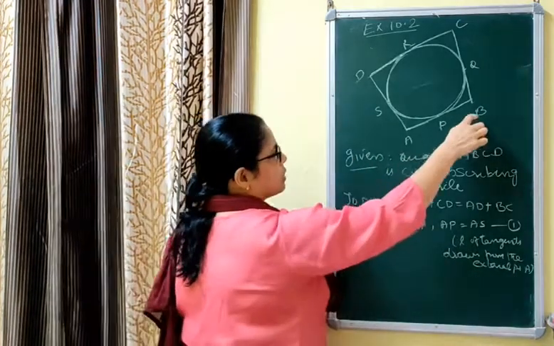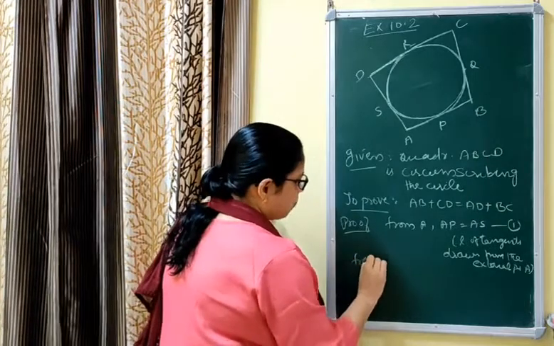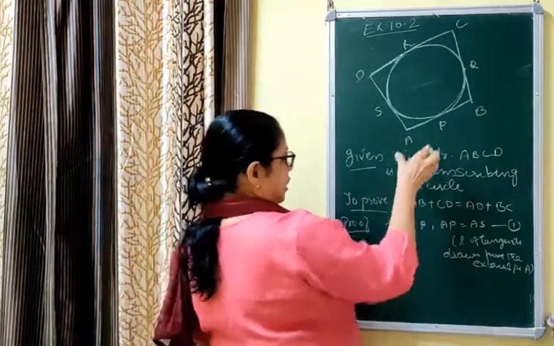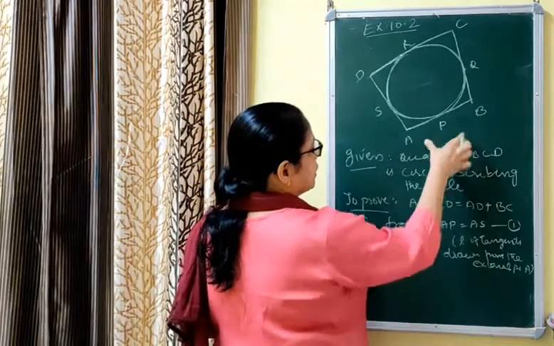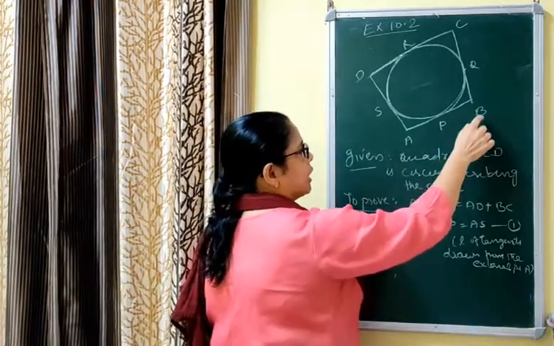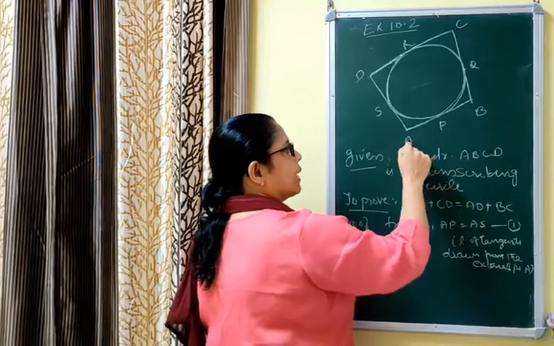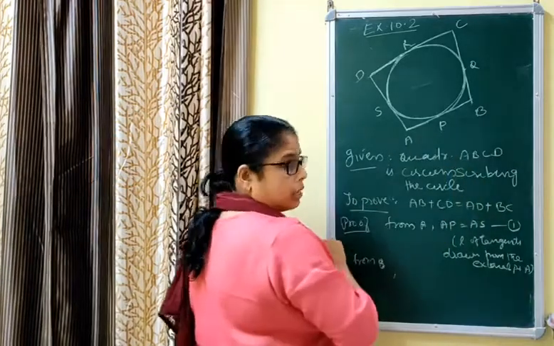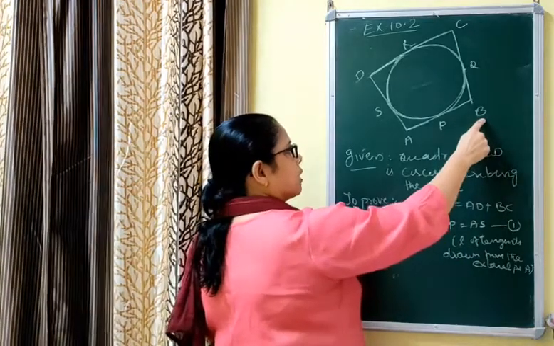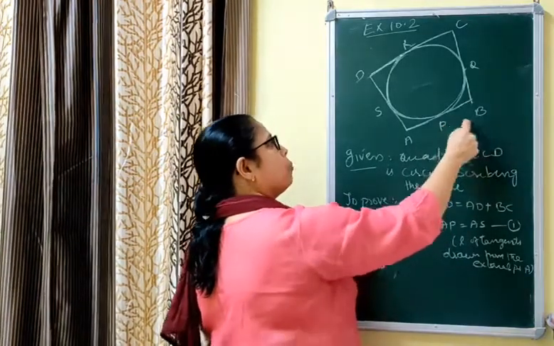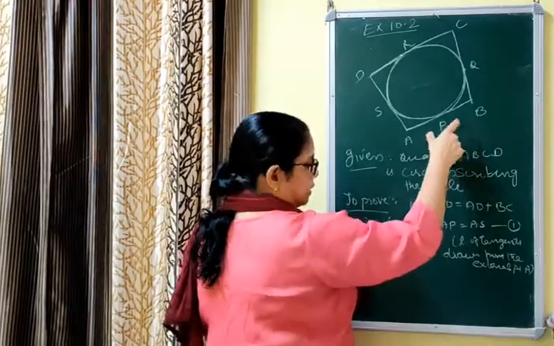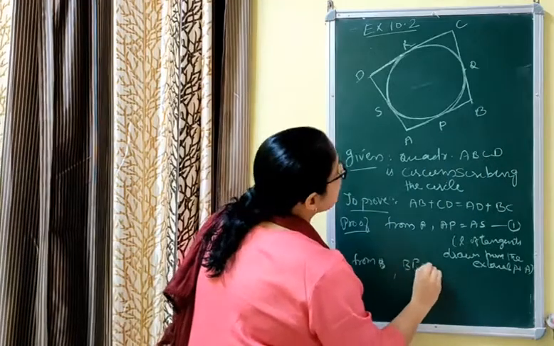Now next, which one to take? B. From B, what is it? You have to be careful. You have to take it such that while adding the terms on this side, one side comes. So we first took AP equal to AS. Now if you take BP equal to BS, then by adding AP plus BP we get AB. From B we can write either BQ equal to BP or BP equal to BQ, but you have to write BP equal to BQ so that while adding, one side comes. From B, BP is equal to BQ.